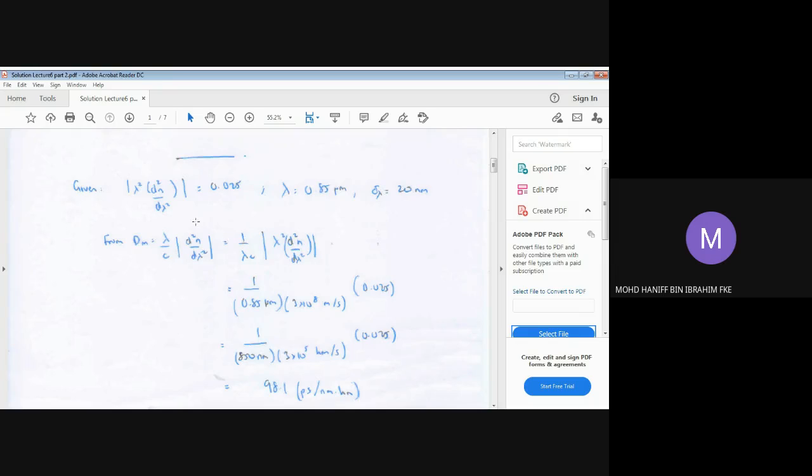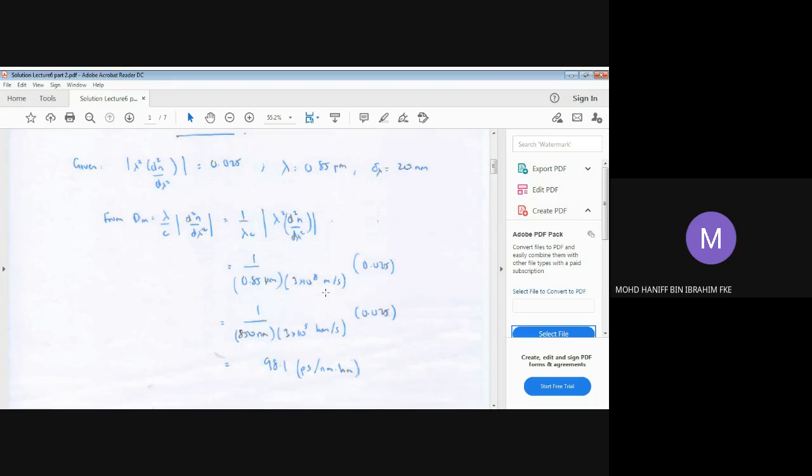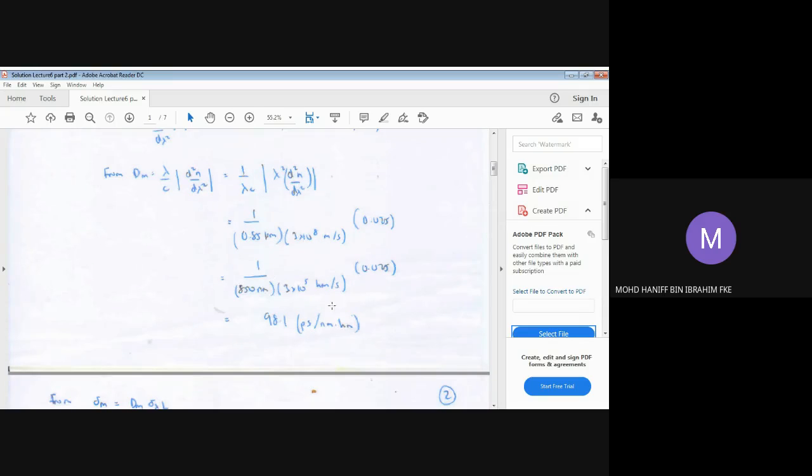So simply we can multiply 0.025, the parameter given, with 1 over lambda c, where lambda is 0.85 micrometers and c is the speed of light. When we solve for this, we get Dm to be 98.1 picoseconds per